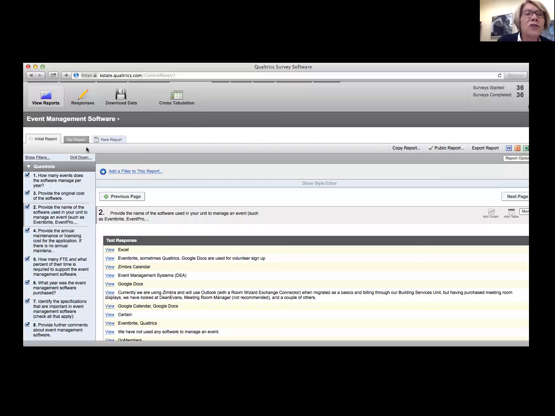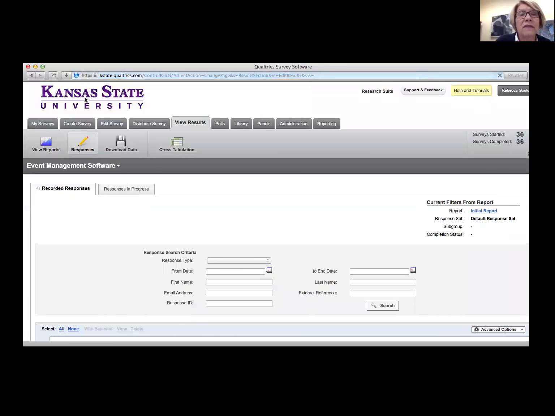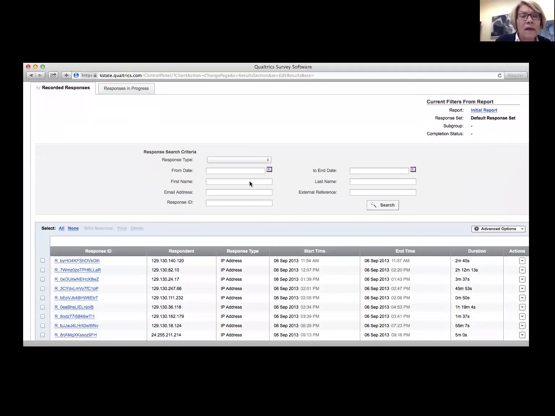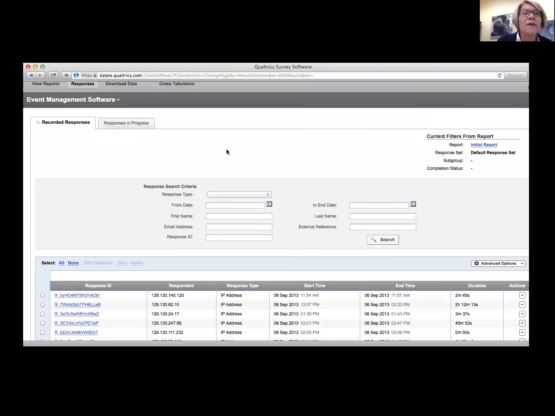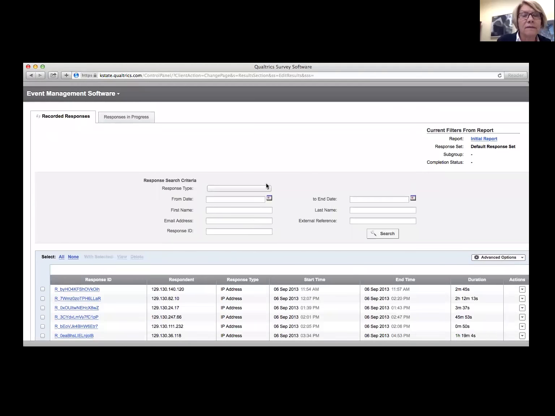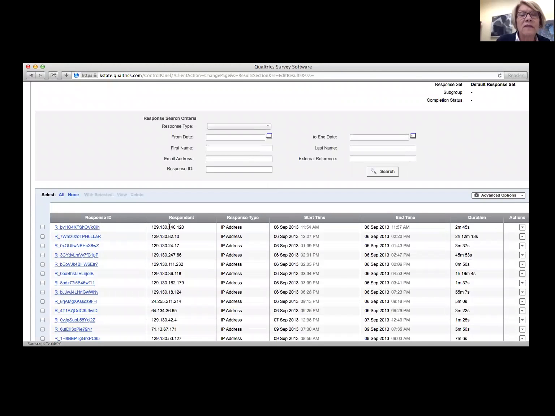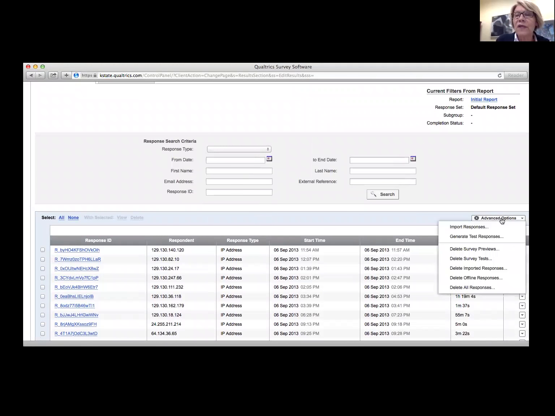Another cool feature that I want to show you in terms of responses is you can see from the response link the response IDs, you can see what their IP address is, kind of their response type, but there's a cool feature over here, advanced options, and I can generate test responses. So if I was just testing out what this would look like from the back end, I could click this and I could generate, say, 5 to 10 responses. I could start the test,